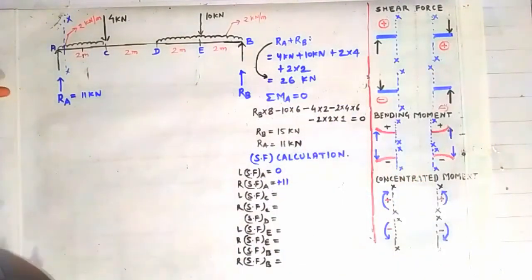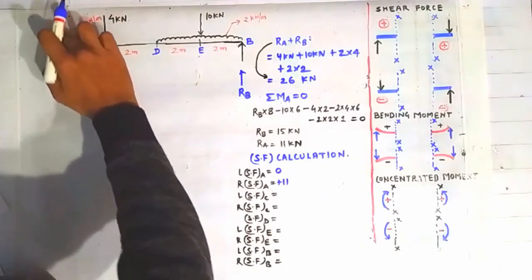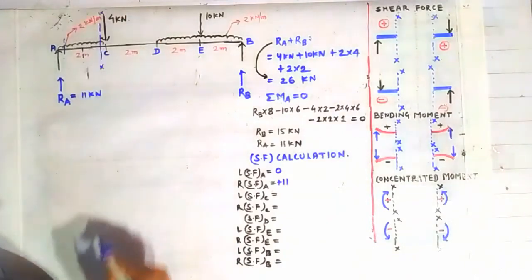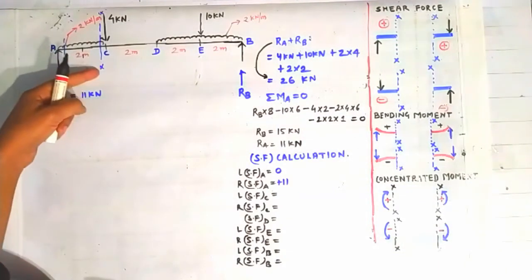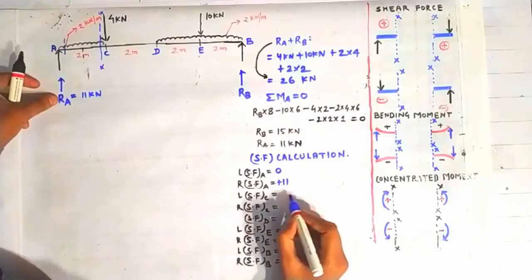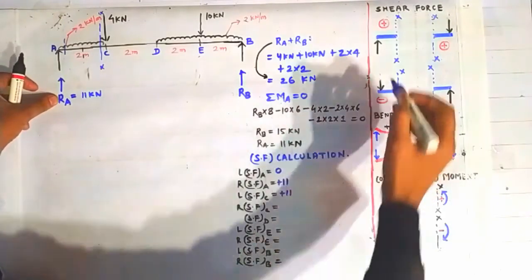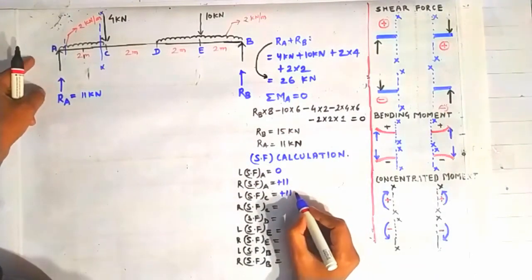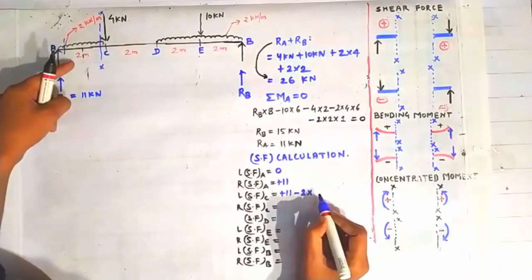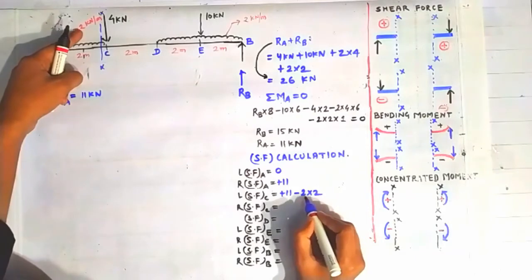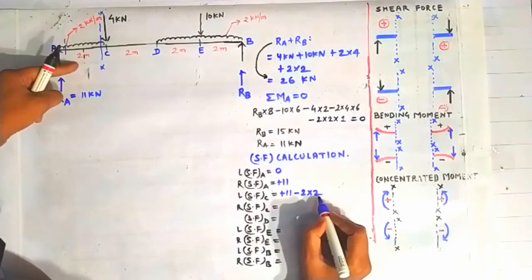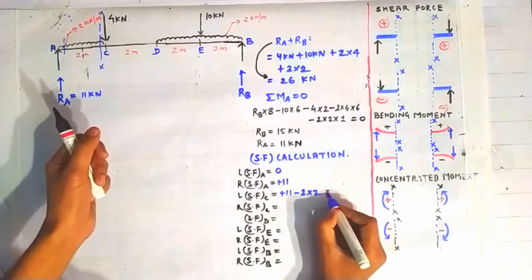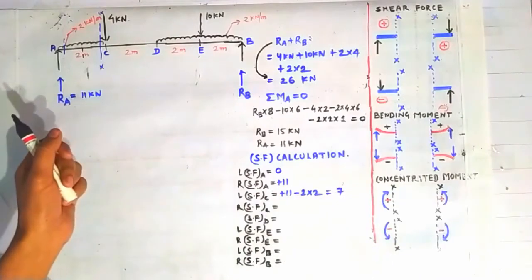Okay, and shear force on the left side of the point C we will calculate now. So constructing a section here on the left side of the point C, this is the section XX constructed here. Now looking on the left side of this section XX, we can see that this RA is contributing toward a plus 11 kilonewton shear force using this sign convention, and this UDL is contributing toward a shear force of magnitude minus 2 into 2, that is the intensity of this UDL, 2 kilonewton per meter, and the length over which it is spread is equal to 2 meter. So it will give us how much, 7 kilonewton.